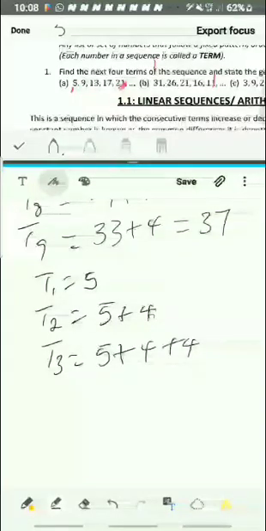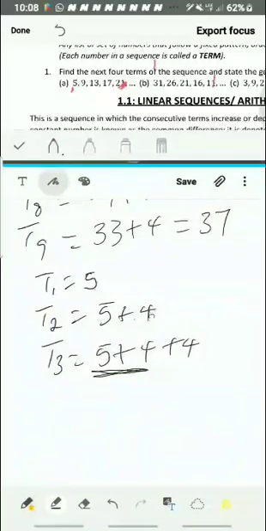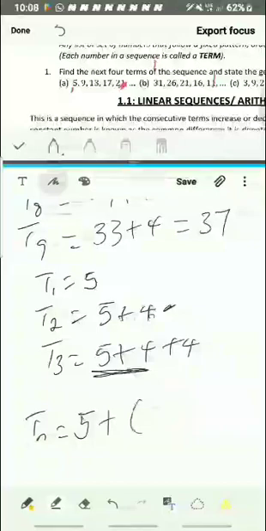We are adding it to this 5 each time. So we see when we have 5 here, the second term we added 4 to 5 to get 9. The third term we added 4 to 5 plus 4 already from this term, so that we'll be getting 13 and so on and so forth. Okay, so the general term now is giving us what, if we inspect very well, 5 is always constant. 5 is always there, plus